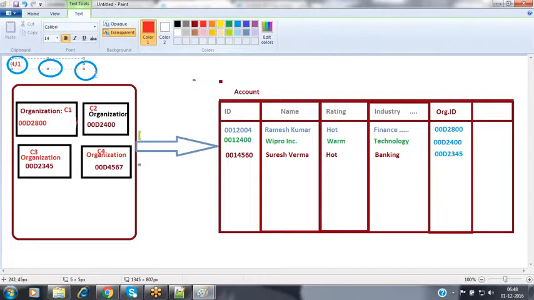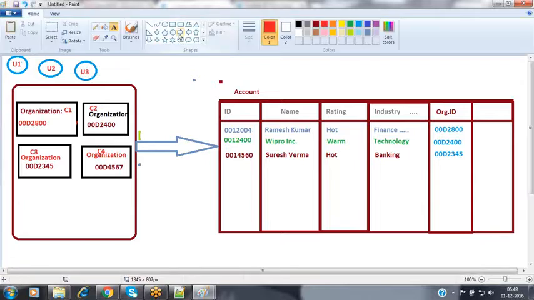So now these users are going to be creating some records inside this. These are the 3 users inside a single organization here.